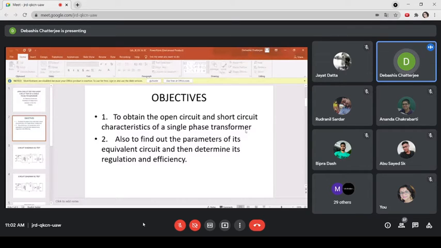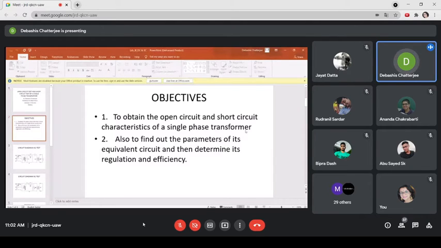Now short circuit characteristics also, I think you have got through transformer. It is actually the voltage versus current characteristics. You get the current on the y-axis and the voltage on the x-axis, because when you short circuit it, the current flows through the leakage impedance path, and as you increase the voltage slowly, the current also increases. Here the magnetic circuit will be unsaturated because there is hardly any current flowing through the magnetizing branch, so you get a linear characteristics.